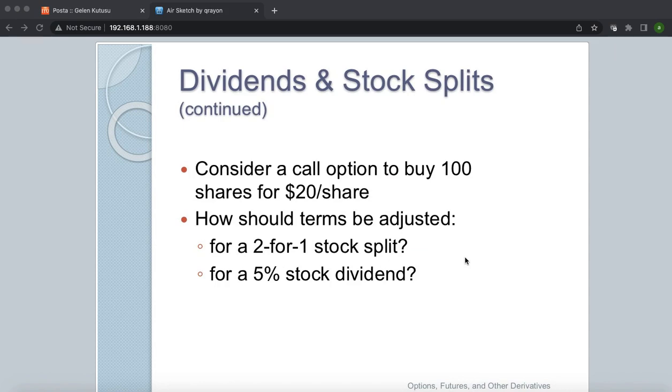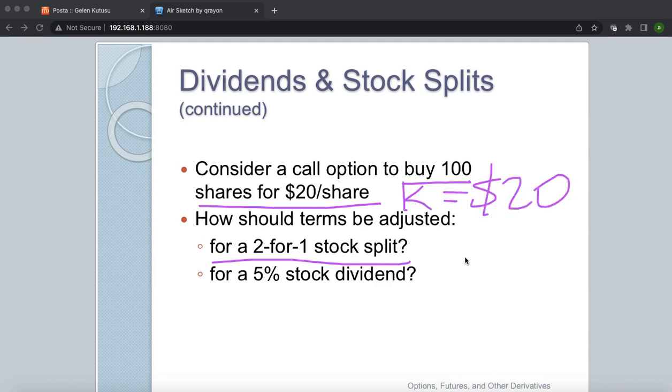Here are a few examples. If we consider an option to buy 100 shares for $20 per share in this call option, how should the terms be adjusted if we have a 2-for-1 stock split? You can answer this question. If we have 100 shares for $20 per share, the strike price is $20. So we have a call option, the right to buy this underlying asset, 100 shares, at the strike price K equal to $20 per share. So in a 2-for-1 stock split,